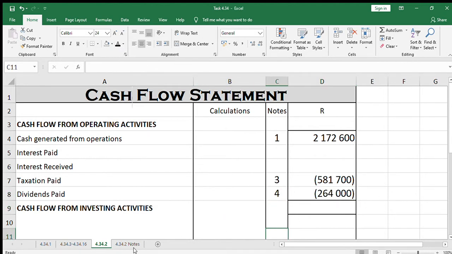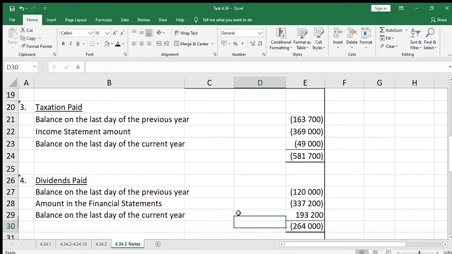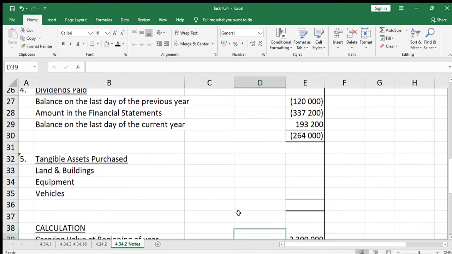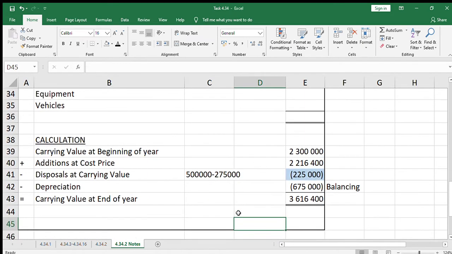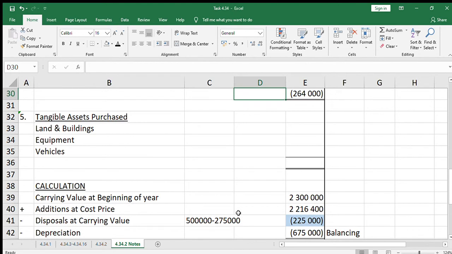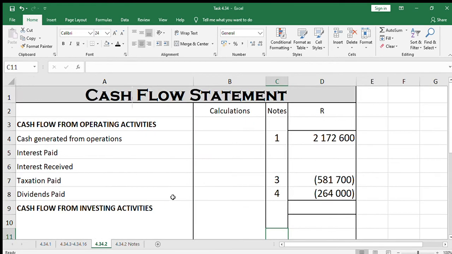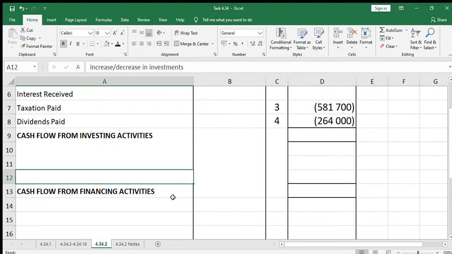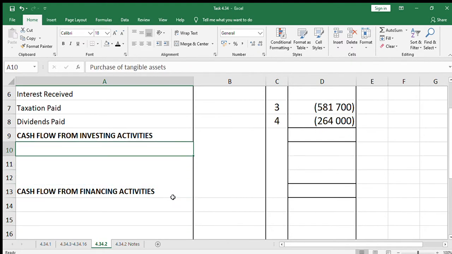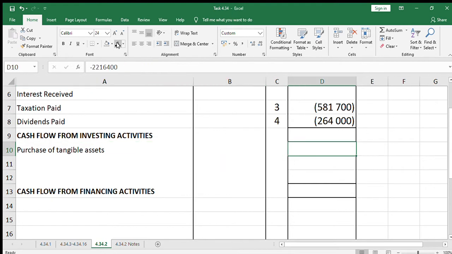Okay, let's go back to the notes. Tangible assets purchase, we'll see if we need to do that. However, we have done this calculation, and I'm sure that's going to help us in the cash flow. If we look at this calculation here, we have additions at cost price, 2,216,400. We can take that to the cash flow, which will be cash flow from investing activities, purchase of tangible assets, in brackets,